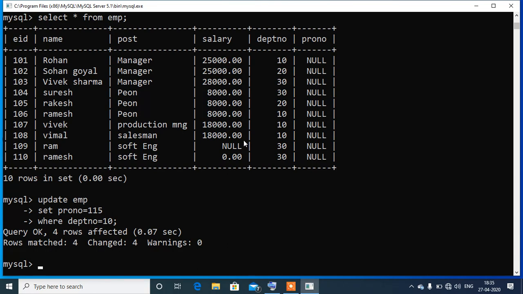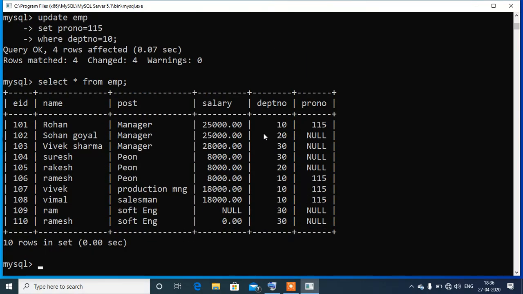Why 4 rows affected? Because we are having 4 employees who have department number 10. Again, if we look at the content of this table, select asterisk from emp. Okay, you can see here we are having project number 115 set to all employees who belong to department number 10.